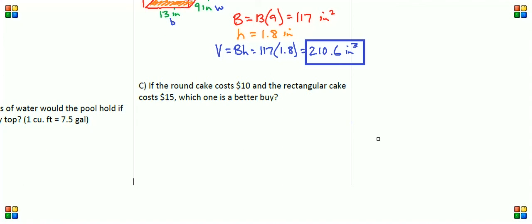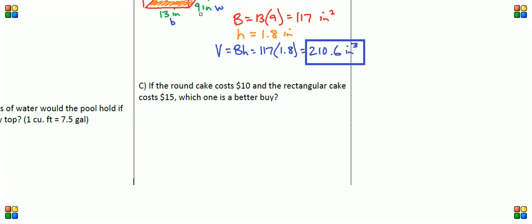Okay, this video is a continuation of the previous two videos. We're doing question number 8, the cake question. Letter C asks us if the round cake costs us $10 and the rectangular cake costs $15, which one is